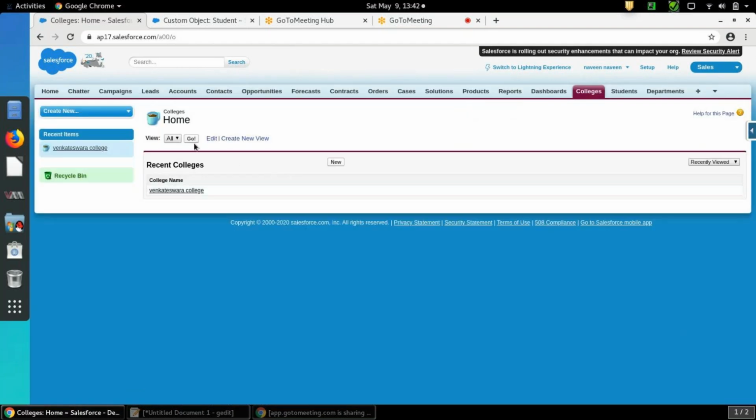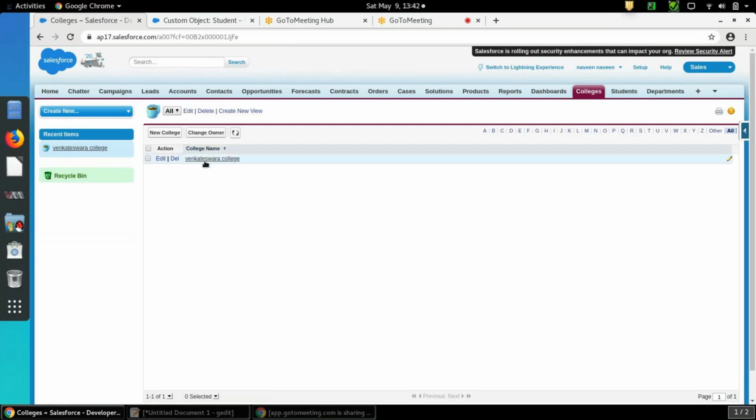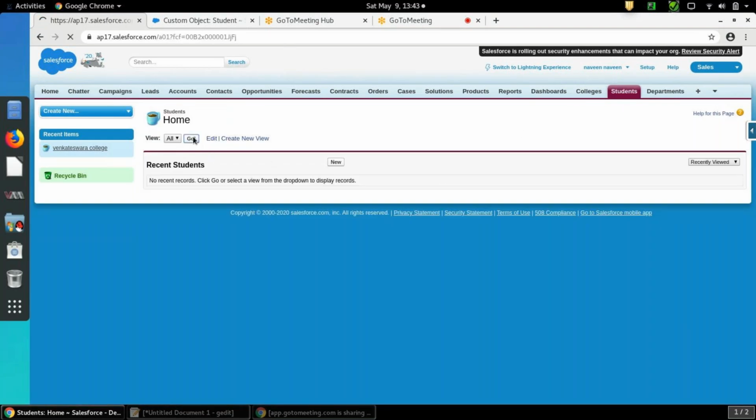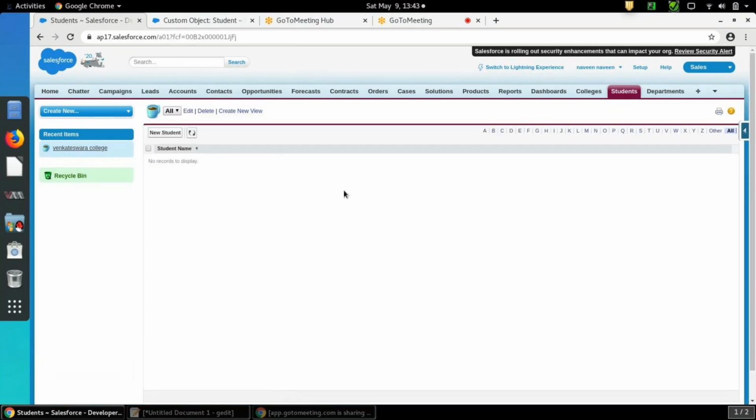Done. If you click on go, only one college we have. There is no Balaji Vidyavihaar College. If you go to students and click on it, there are no students. I have selected all. So this is nothing but master detail relationship. Once the master is deleted, all related child records also get deleted.